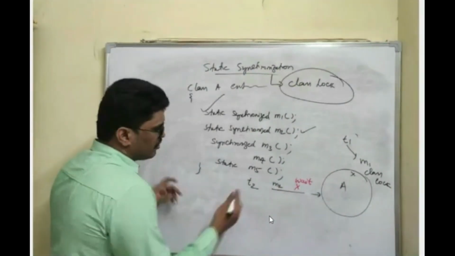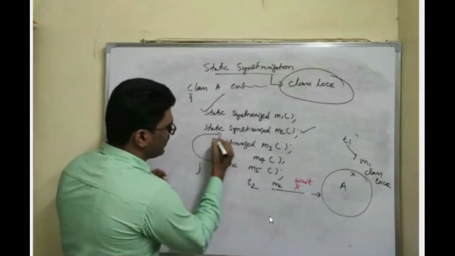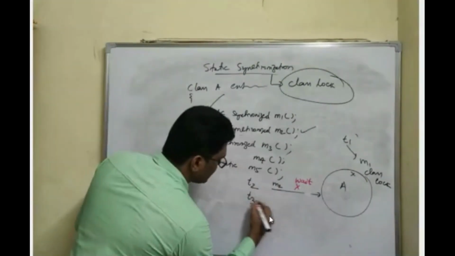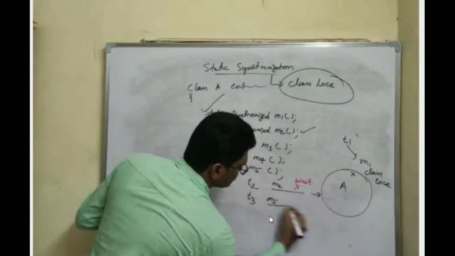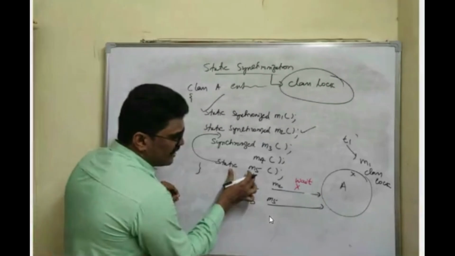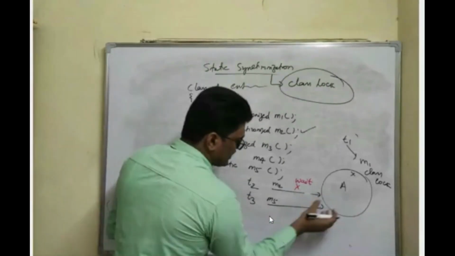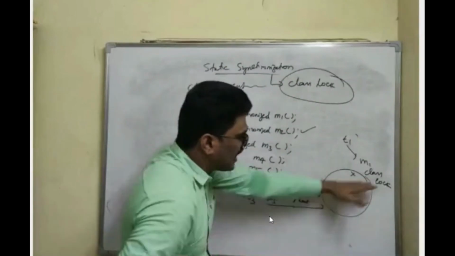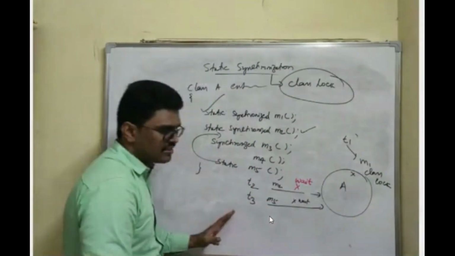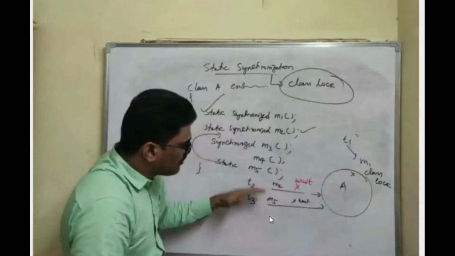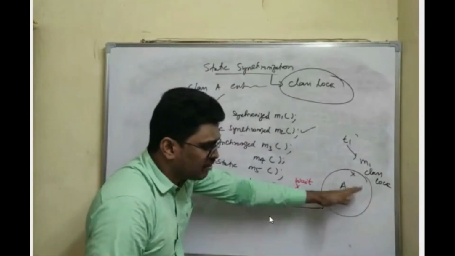First we'll finish all the static things and then we'll go for non-static. Suppose T3 is calling the method M5. M5 is a static method, so it is not possible to access it. It must wait because the class is locked. I cannot use the class until T1 releases it. No other thread can access the static methods of this class.